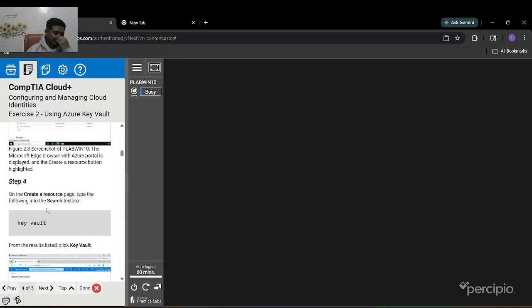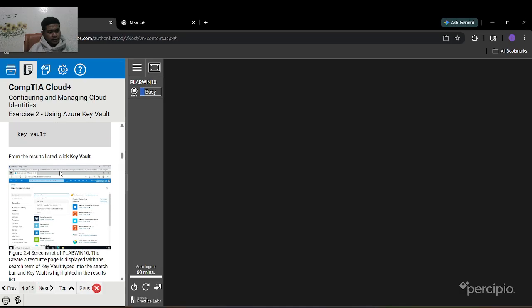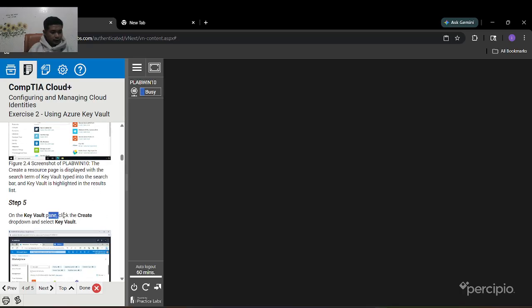While waiting, I will stay in step one on the create resources page. Type the following into search, and once done, click search and wait for the results. So copy this, and from the search click Key Vault. In the Key Vault pane, click the drop down and select Key Vault.